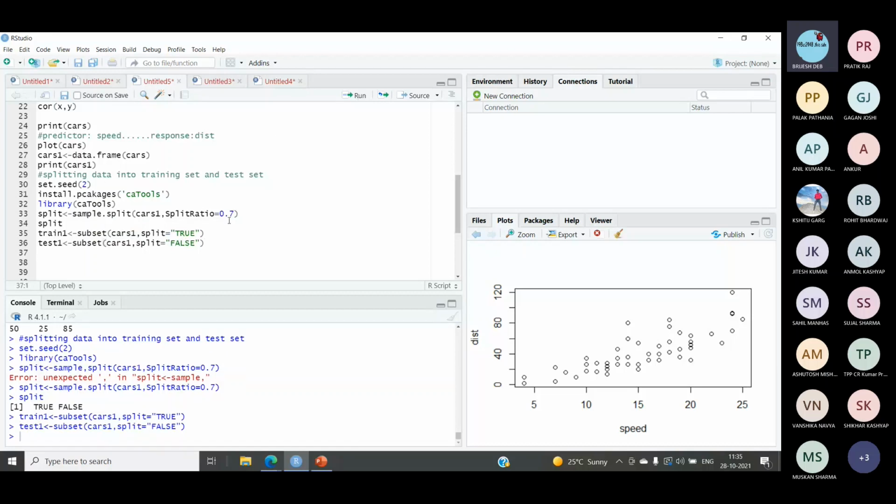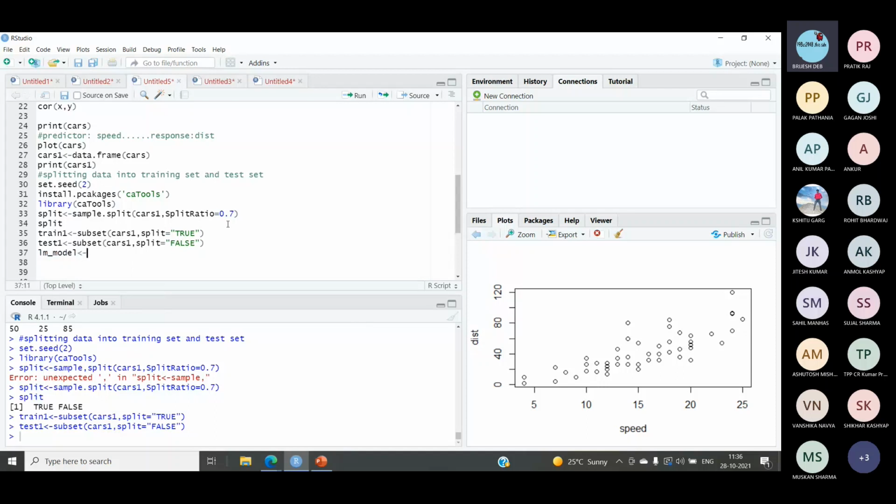Now once this is done, now we are having a training set as well as a test set. The next thing that we have to do is create a model. For creating a model, again we will be using a function. That function is known as the LM function. So let me call the function name as LM underscore model, as I have already explained in the PPT also. So LM model we will use over here,